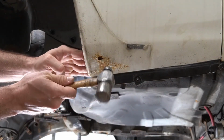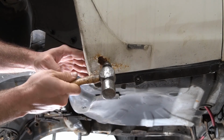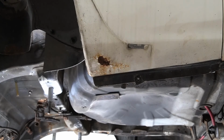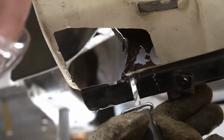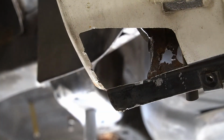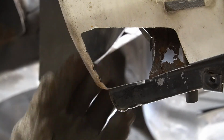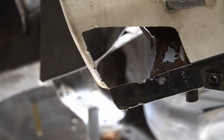Let's see what we got. Oh yeah, see? A little spongy. Yep. Well, that made a hole. Look at that. Holy crap. I gotta check this edge. I might have to cut even more out of the